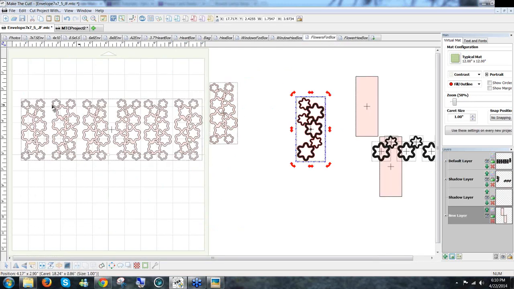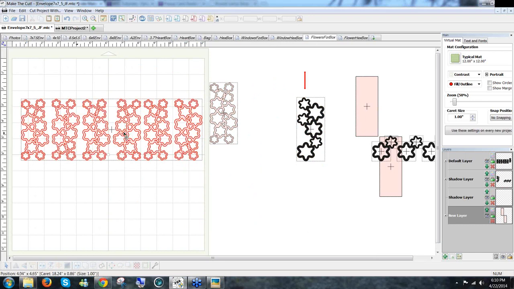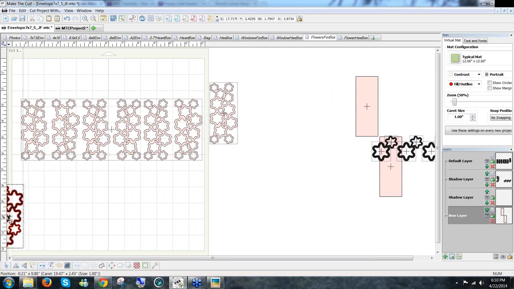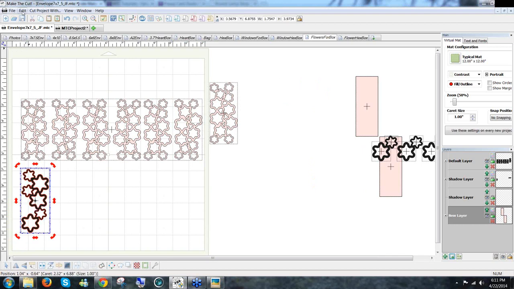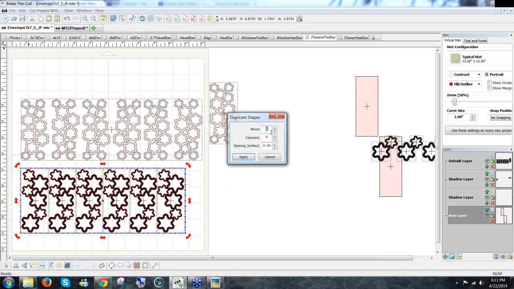What I did was I made one set of these, and then I used Edit Duplicate to make 6 sets and separated them by 1.15 inches so that I had not just one set of these, but I had 6 of them. So if I get this over here in place and I go Edit, Duplicate, Duplicate,